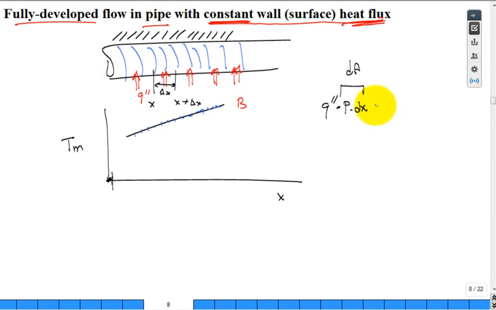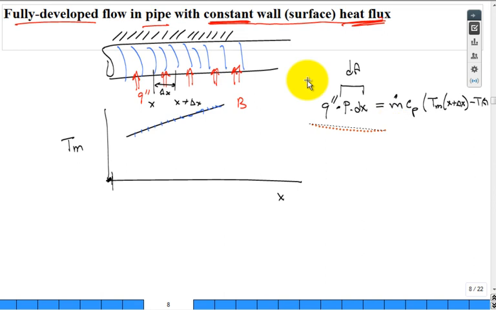And that's going to result in not a change in the mass flow rate, not a change in the specific heat, but in a change of the mean temperature. The mean temperature at x plus delta x, won't that be greater than the temperature at x? I'm running out of room, sorry about that. So what we can do